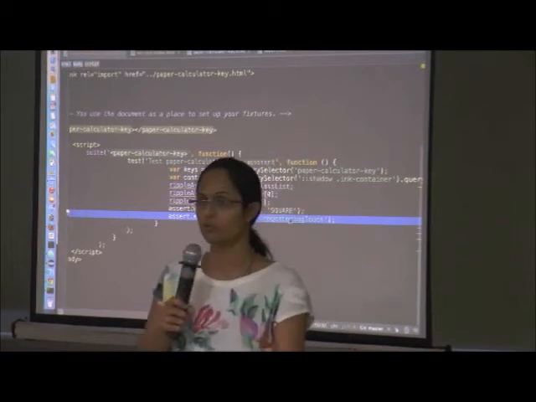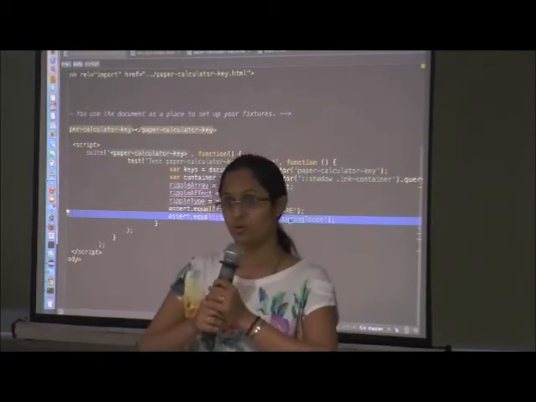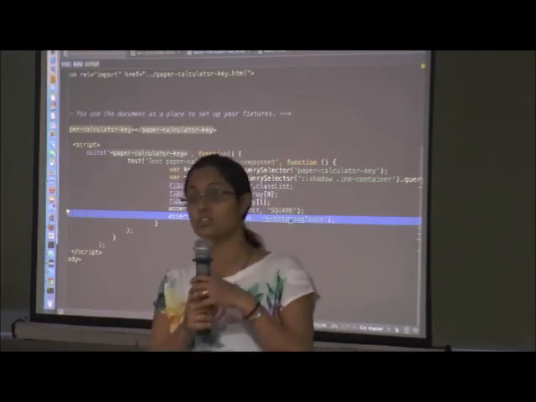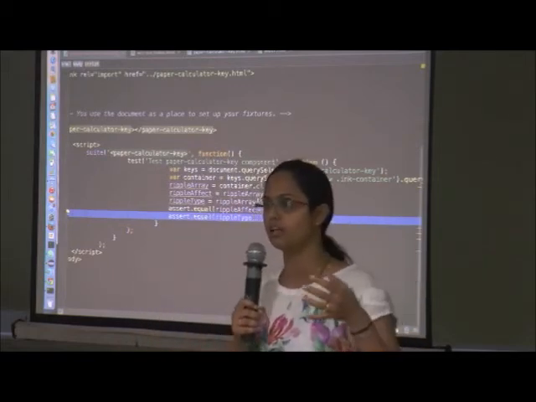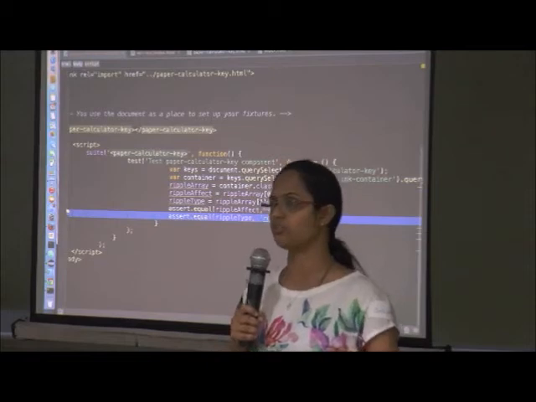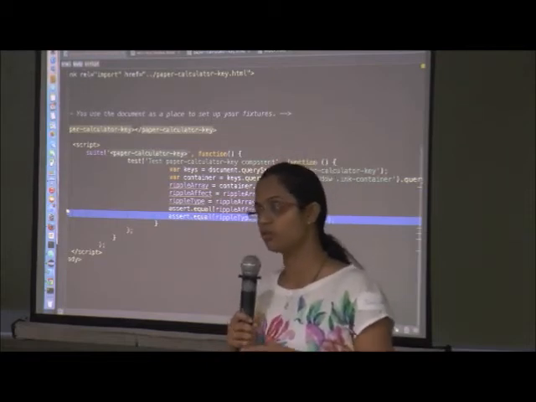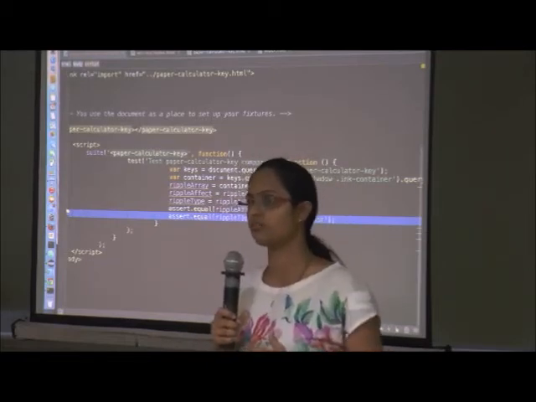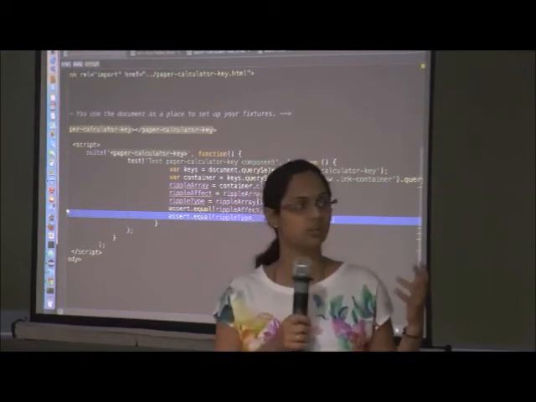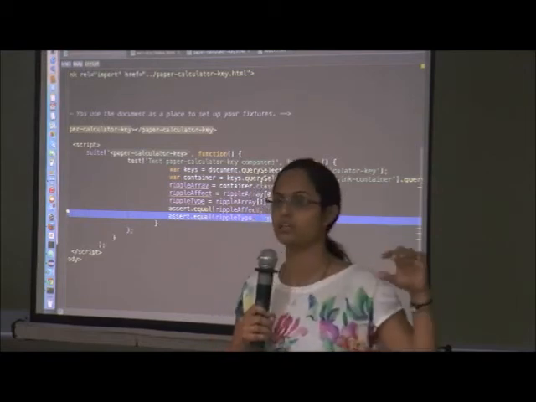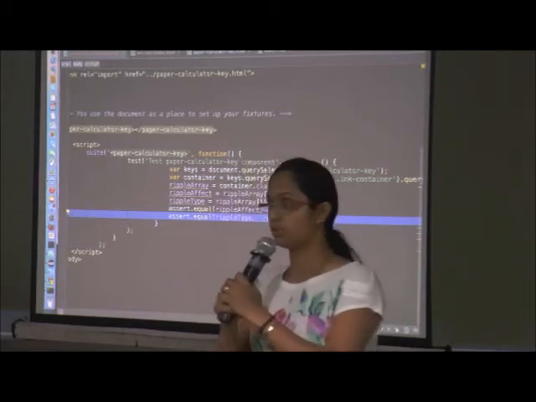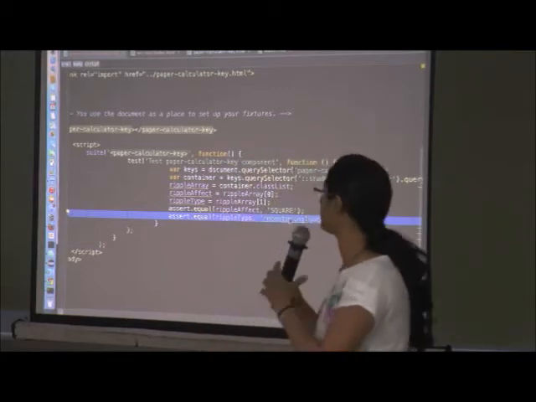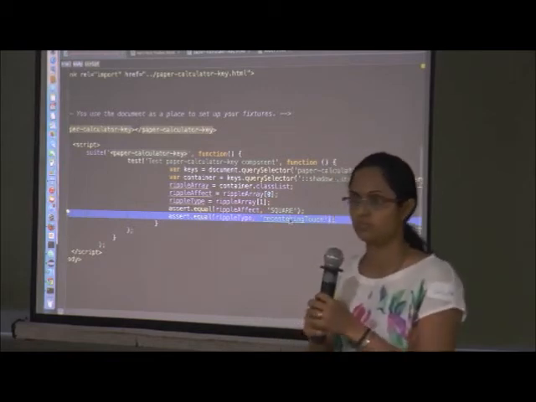Say if you have a new web component, and if you want to test that web component, functional testing is a lot, it's time consuming, it takes a lot of effort to write, and you cannot test everything when you're doing functional testing. So if you write thorough unit testing for it, then functional testing will become easier. You can only write the integration points, etc. So this is how you test functional, do a unit test with web component tester.